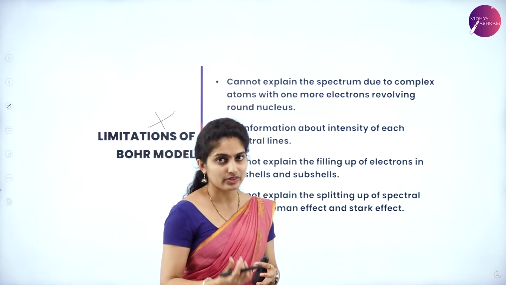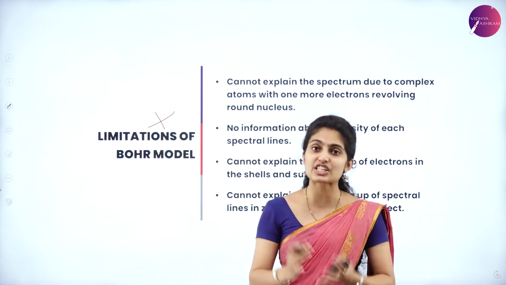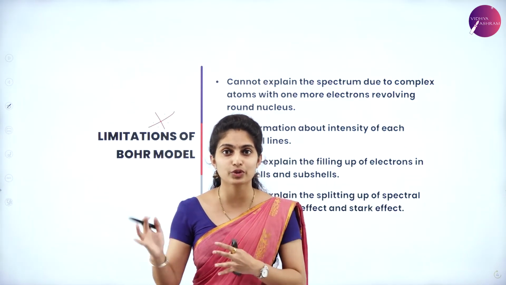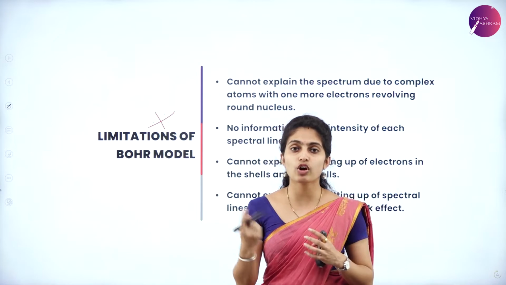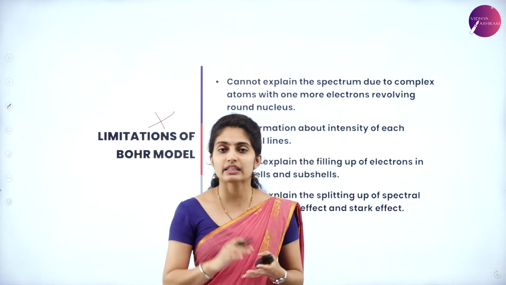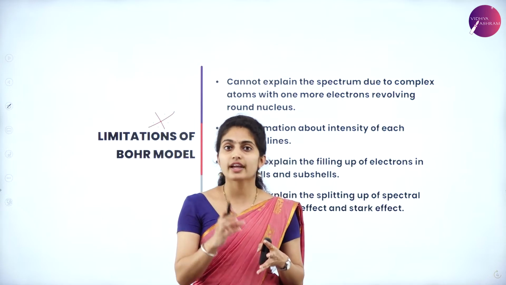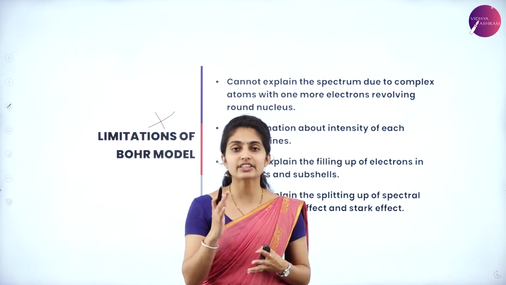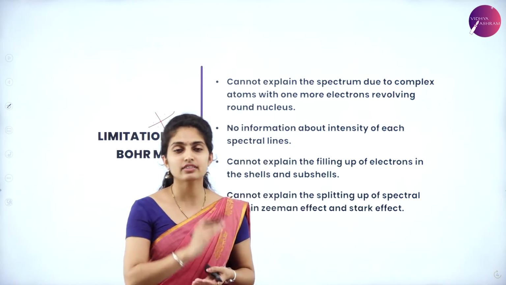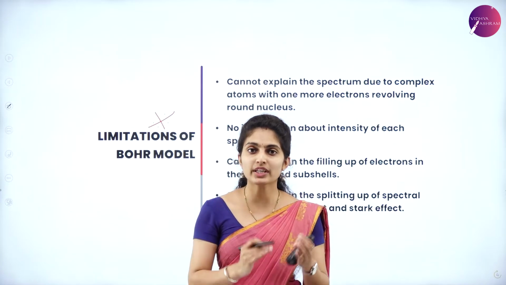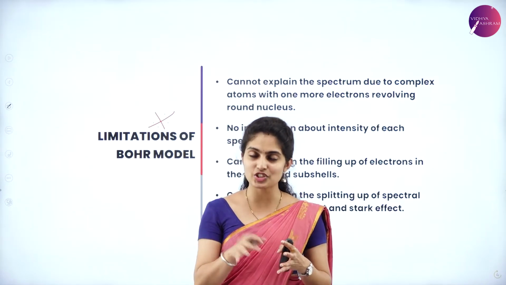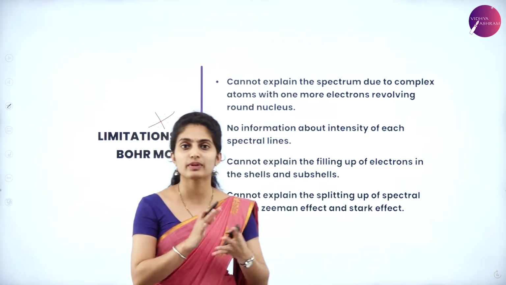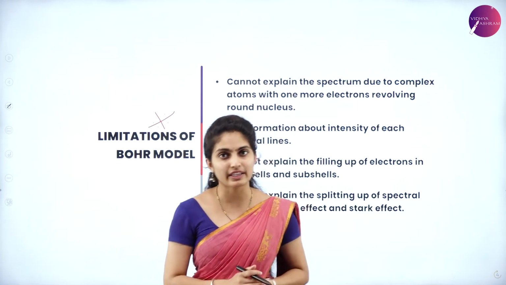In the first postulate, the electrons revolve around the nucleus in a stationary orbit, and that postulate was known as the non-radiating postulate. So there were no radiations during the revolving of the electron. The second postulate: the angular momentum of the revolving electron in the stationary orbit is equal to integral multiples of h by 2 pi. And the third postulate: during its transition, the electron gives a photon, and the photon energy is nothing but the difference between the second energy and the first energy, that is, the initial and final energies.